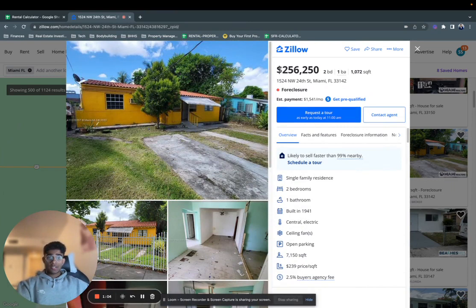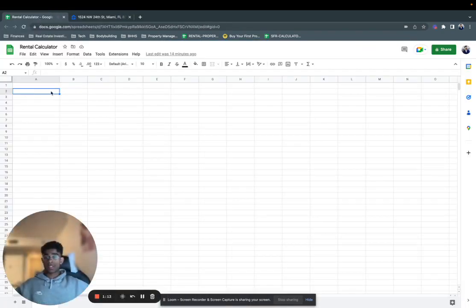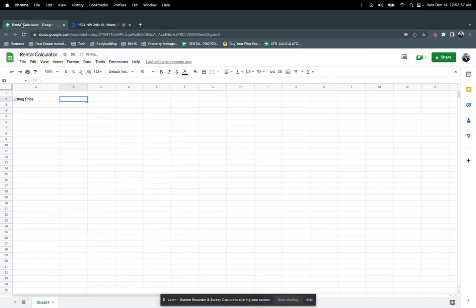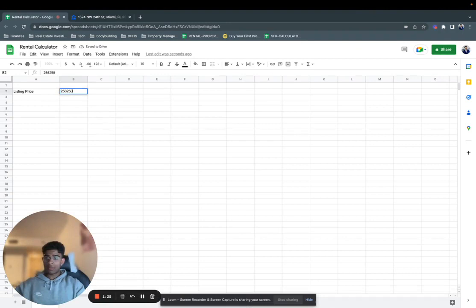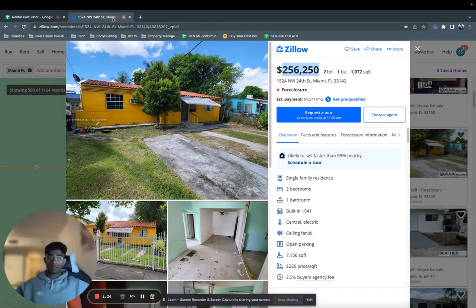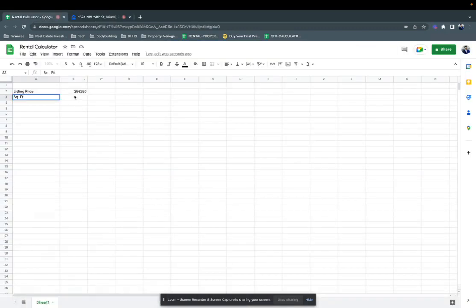So the first most important thing to note down on our sheet is of course the listing price. So let's put that in our spreadsheet. You can use either Google Sheets or Excel for this. I just use Google Sheets because it's free. $256,250. Next thing is the square feet of the property, 1,072,